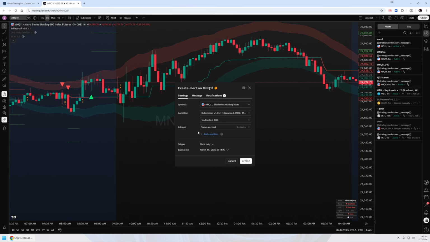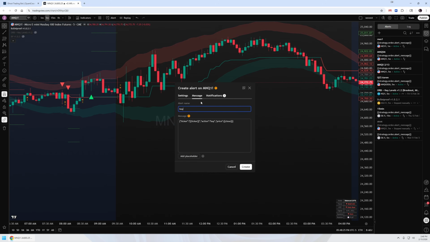You can do universal alerts, which we just went over, or if you want to do single alerts, you can do that. The reason you would want to do single alerts is, let's say you wanted to do just longs on the indicator or just shorts, you can do it this way. So let's say I want to do just longs. I'm going to do traders post buy, trigger once per bar close, go to the message,